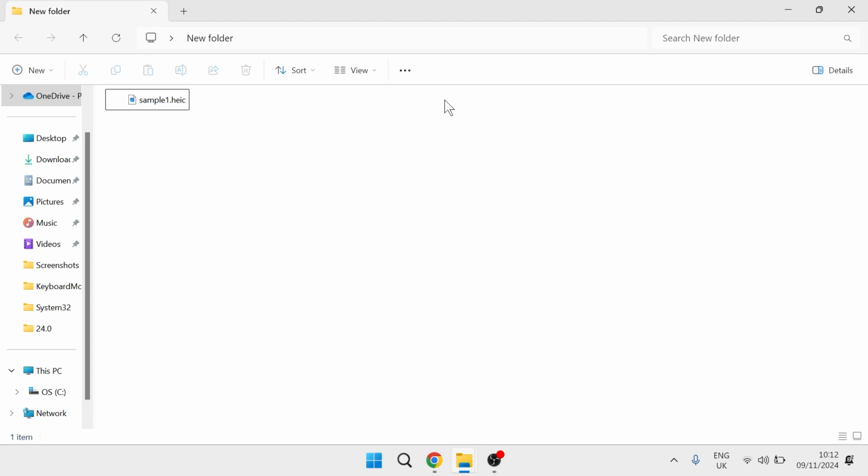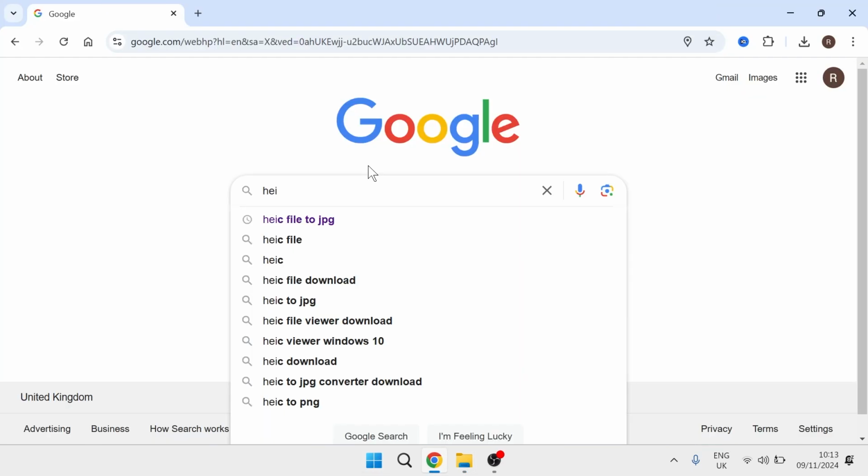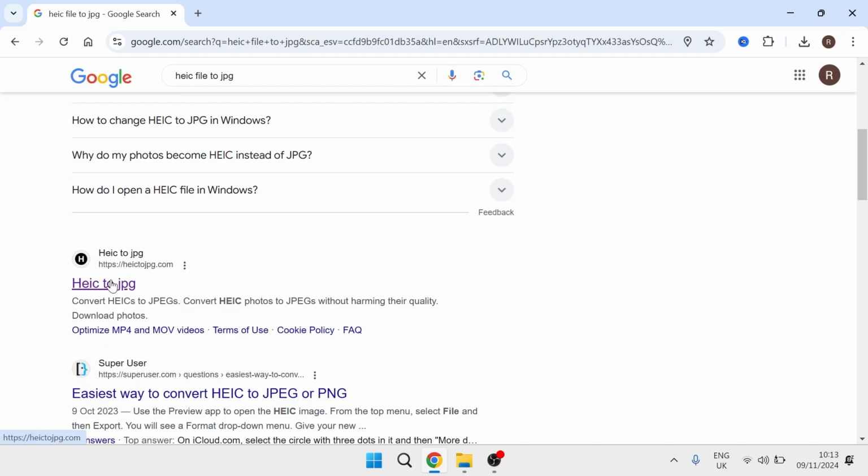So in order to open these, what you need to do is first head over to an internet browser, and from a search engine, you just want to type HEIC file to JPEG and hit enter. Now there's a bunch of free online tools that you can use to convert your HEIC file. The one that I like to use is this website here,